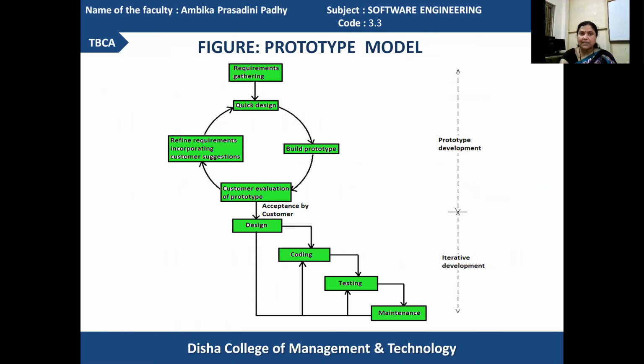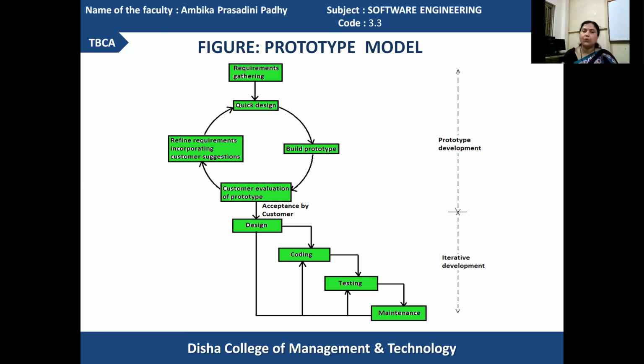Look at it. This is the diagram of the prototype model. In the first part, your requirements gathering actions are carried out. After the requirements are gathered, it will start a quick design of the system.